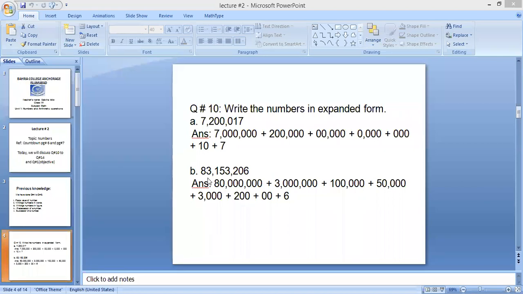Okay, now come to the next one, B1. And your question is write the numbers in expanded form. Same like the above question, you have a number and you want to write it in expanded form. Come to the last digit, when you start from your right hand side, the last digit is 8. You will write the place value of 8. You will write 8 and count the number of digits to the right side. You have 7 digits, so you will put 7 zeros here.